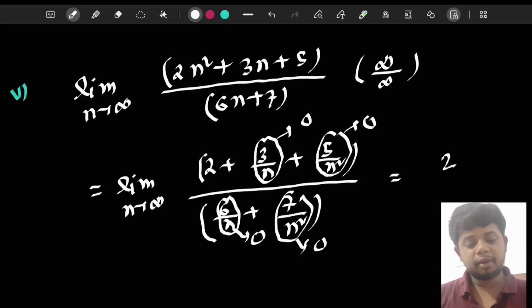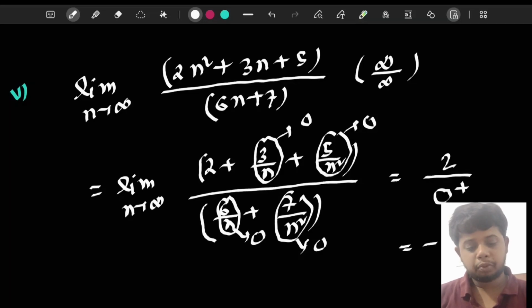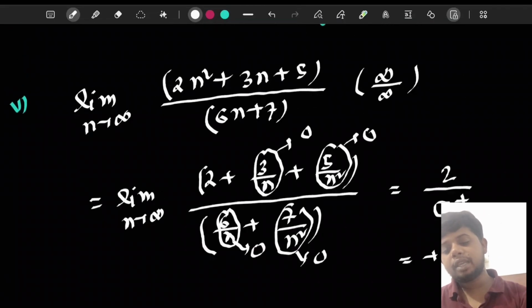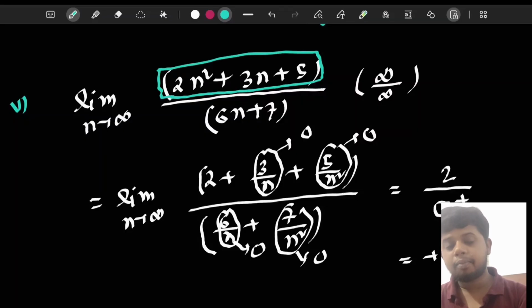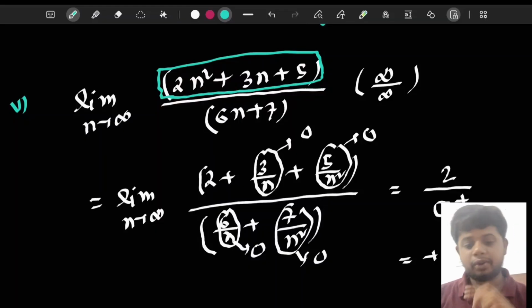That means this is nothing but 2 by 0 plus. And 2 by 0 plus, what is the answer? You'll say, sir, plus infinity. Okay, the answer came plus infinity. So that means if the numerator degree is greater than the denominator degree, the answer will come plus infinity. If this is the case,